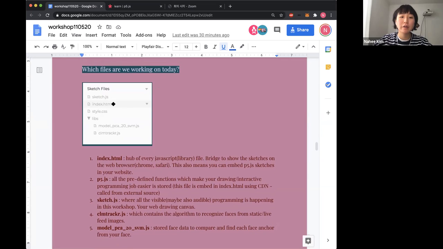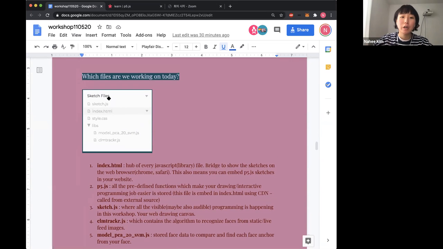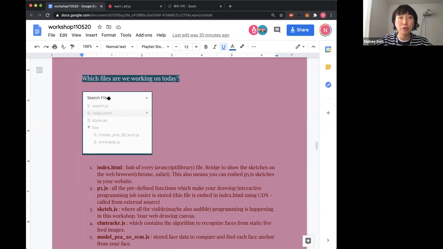So there's an HTML file and also a CSS file. But what we're usually going to use in today's workshop is this sketch.js, which is a JavaScript file containing all the sketch elements inside. So whenever you get lost among those files,